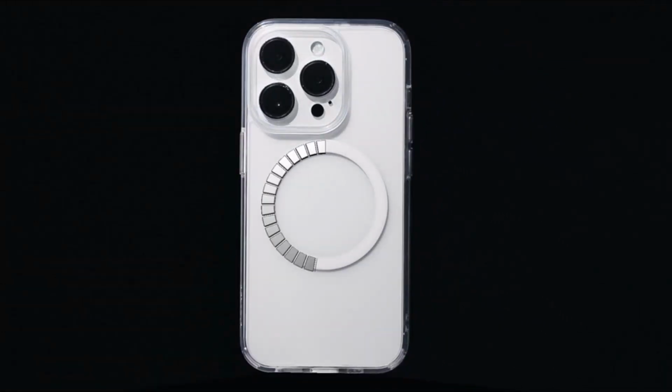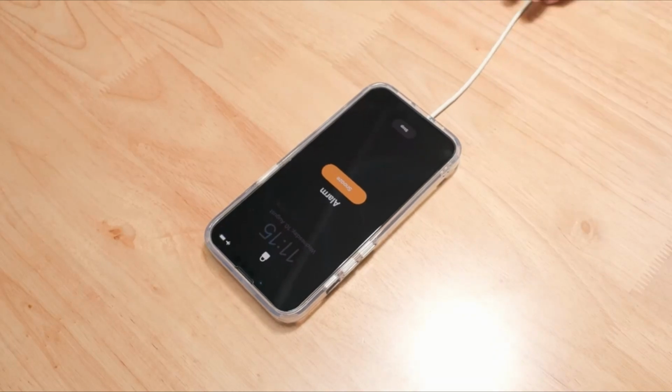In this video we are going to talk about the top best iPhone 14 Pro clear cases 2022 you can